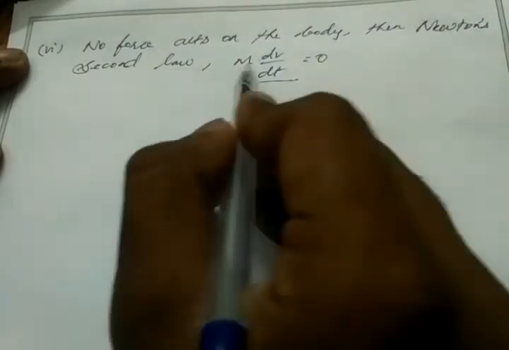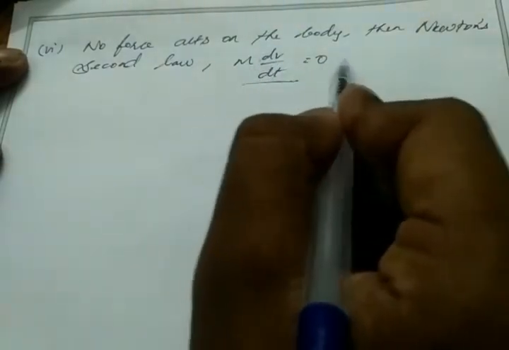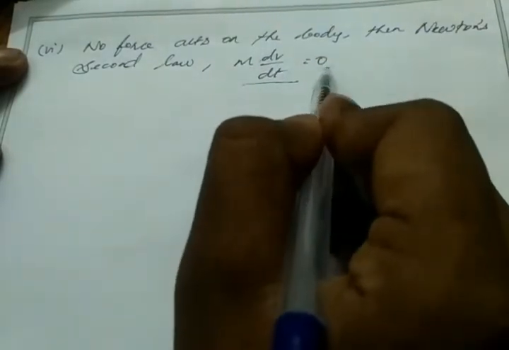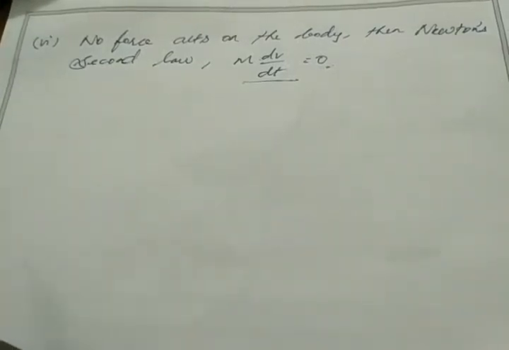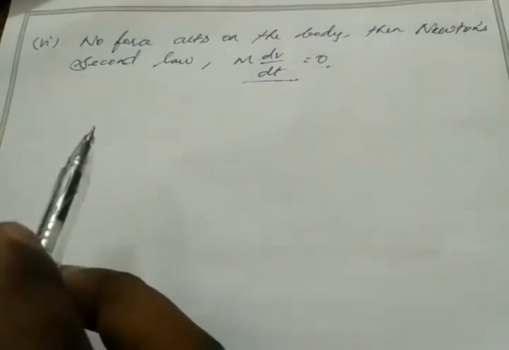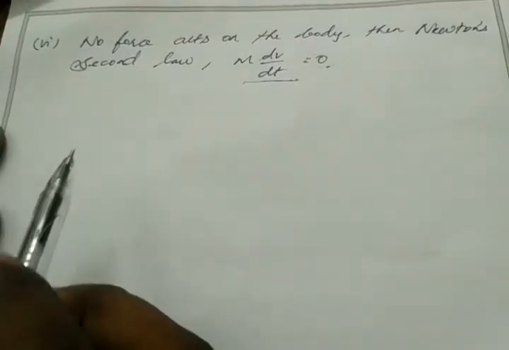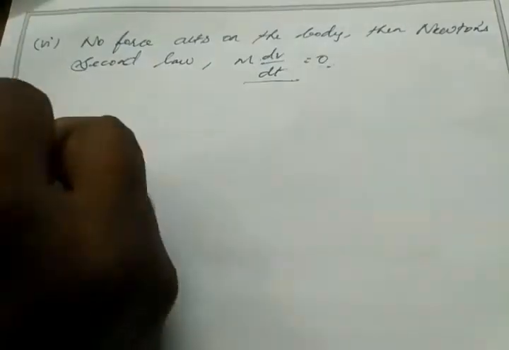So if no force is acting on the body, then Newton's second law becomes m dv by dt equal to 0, which means the object is moving with constant velocity. So from this we can say Newton's first law as well as Newton's second law are internally consistent, internally connected with each other. Clear? The next property,